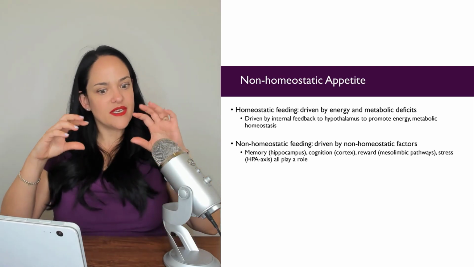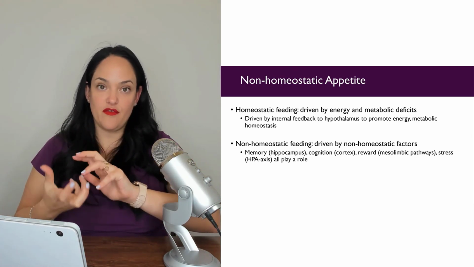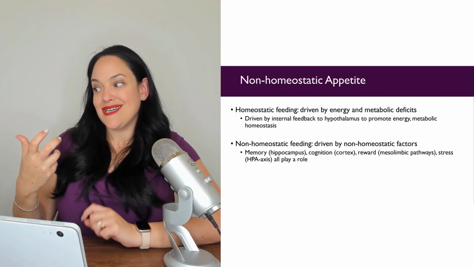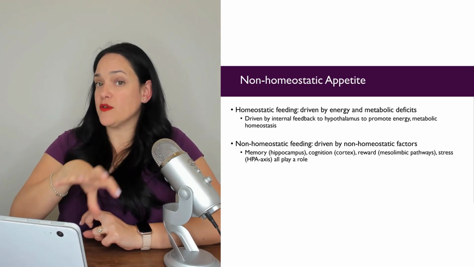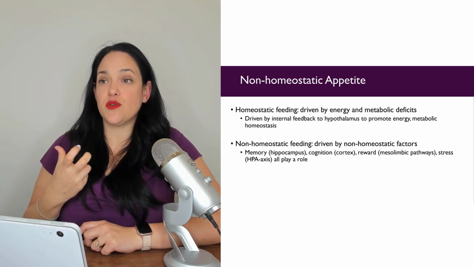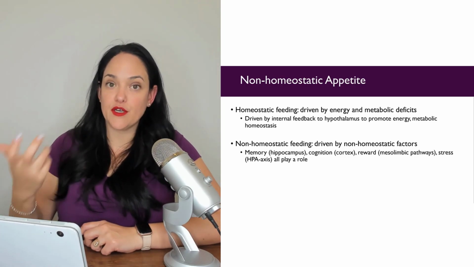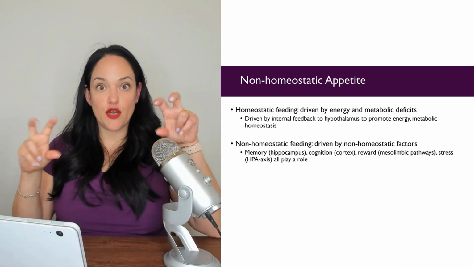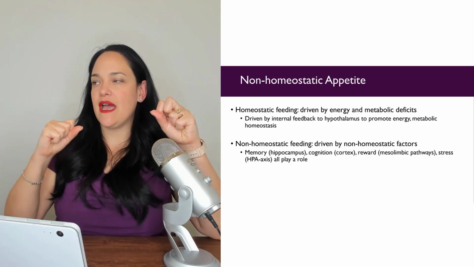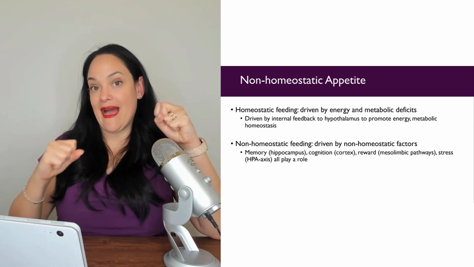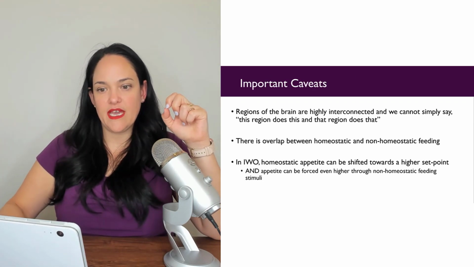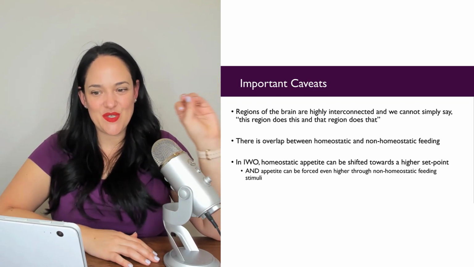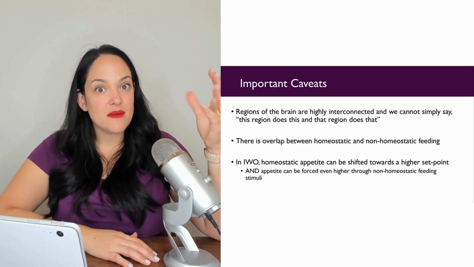So this kind of interplay of factors can be really individual as far as overriding those homeostatic factors and causing certain people to have more of a desire to consume than others. So we're going to try to unpack some of this non-homeostatic appetite and some of the neural pathways involved in it. Okay, so important things to remember though in this unit is I'm going to talk about certain regions of